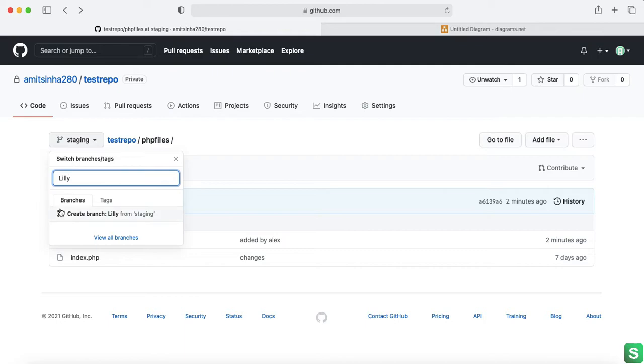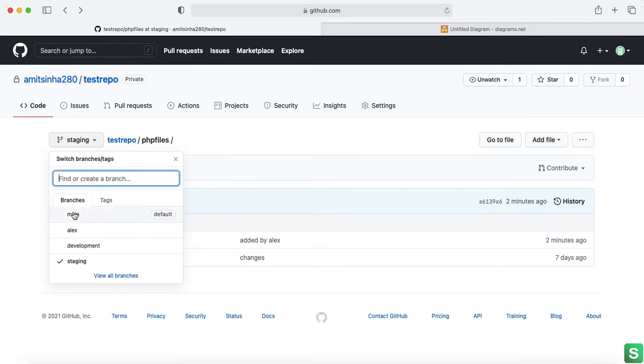So see, it's already showing create branch Lily from staging, means whatever the code is in the staging, it automatically comes into the Lily. Okay, so the Lily comes into the terminal and directly git checkout to Lily and git pull, automatically all the code will come to her local machine. Okay, so this is also very helpful to create a branch.